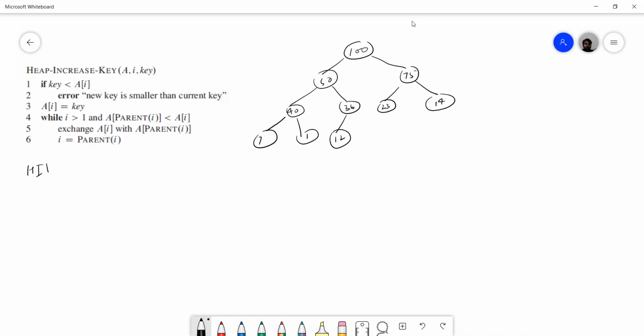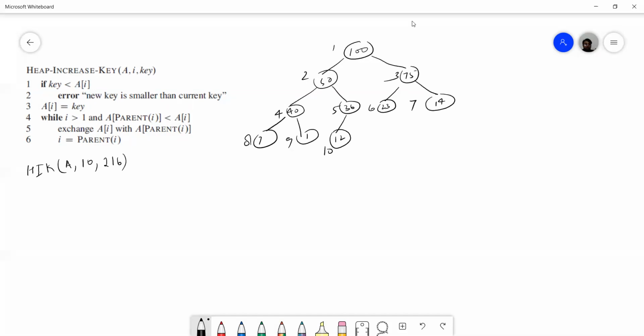A is the heap, i is the index for which I have to increase the value, so the 10th index, and key is the new value. Suppose the new value is 216. So we'll call this.